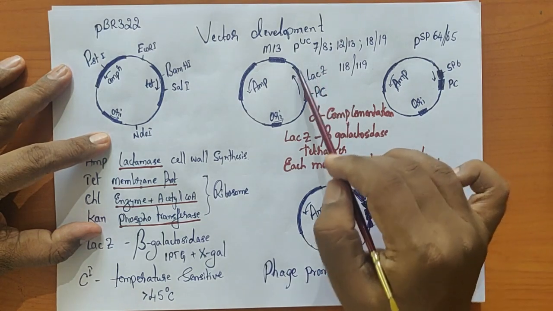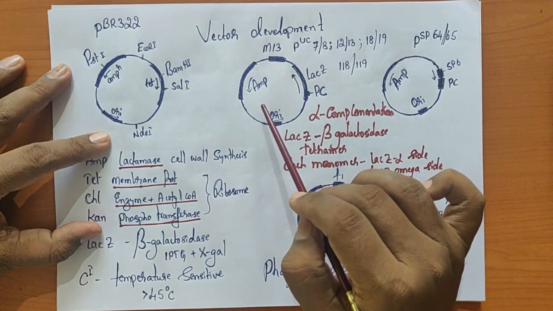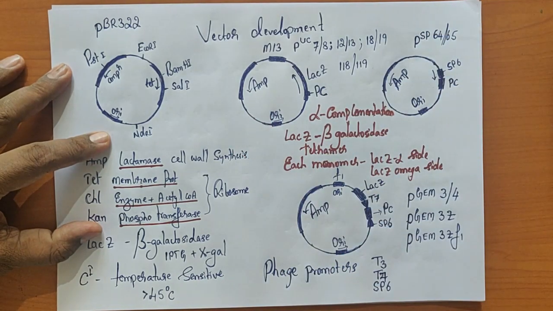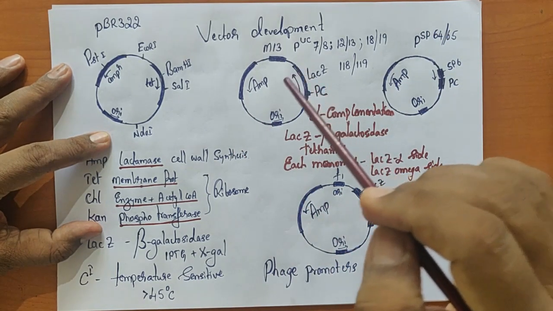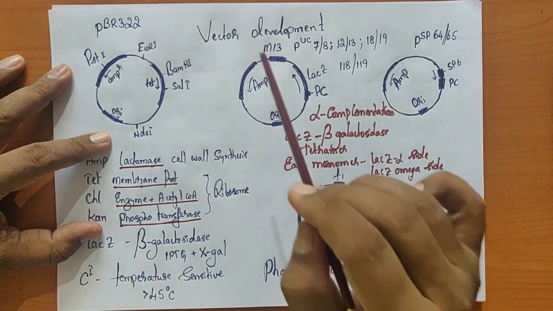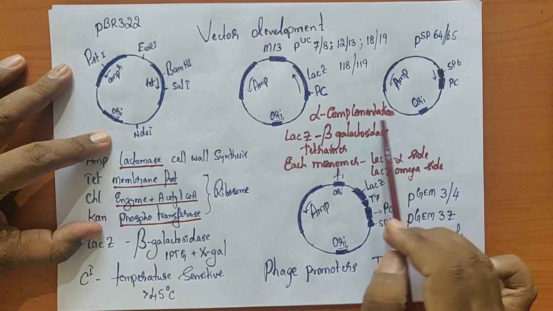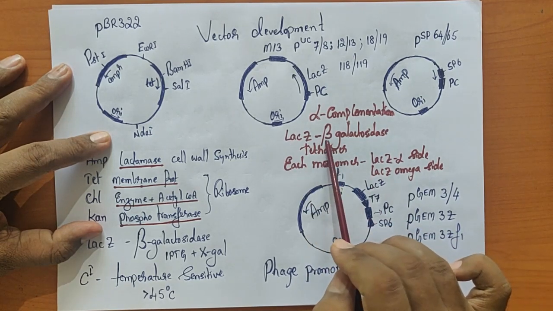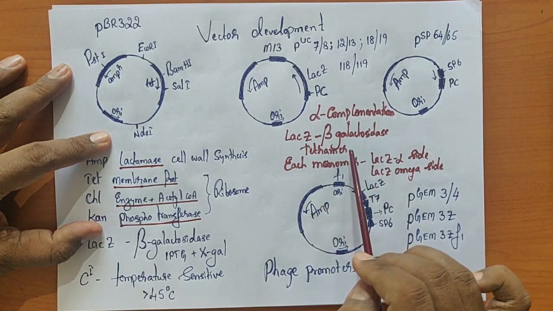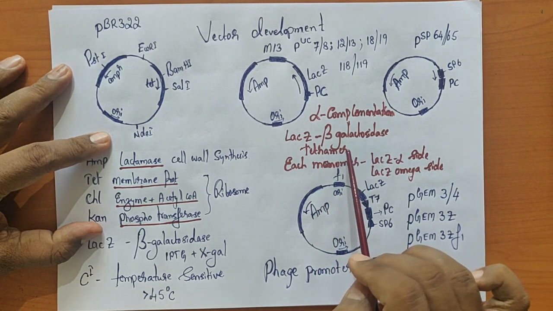Now what exactly does this alpha complementation mean? Basically because the genomic DNA of E. coli also has the LAG-Z DNA or the LAC operon and the complete series of enzymes related to that, the host which we are going to use should have a mutation in that LAG-Z DNA. Where exactly is the mutation required? Now I will explain with respect to the alpha complementation, because we know that LAG-Z DNA codes for the enzyme beta galactosidase. Beta galactosidase enzyme is a tetramer consisting of 4 subunits, and all of them are identical. It is a homo tetramer.